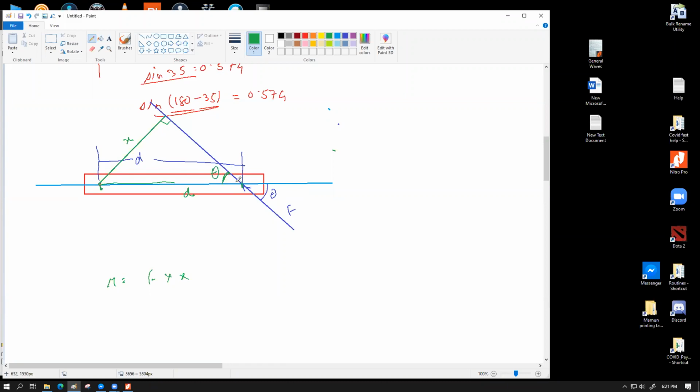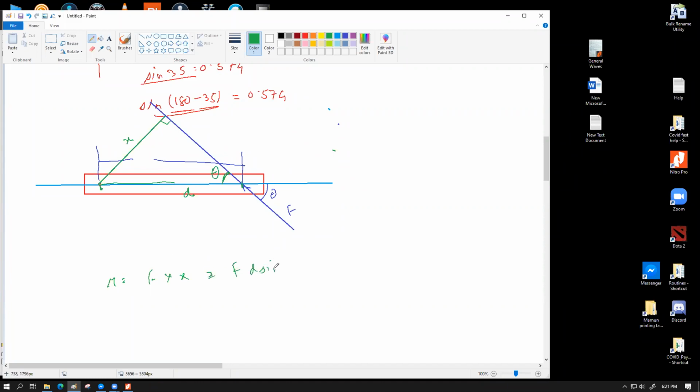So if these two angles are theta, once again, I should actually erase this d, because this is becoming a bit of a distraction. So this is the x. You can also see that in this case also, d is the hypotenuse, x is the opposite side. So pretty much the same sine formula applies, and we can replace the x conveniently with F into d sine